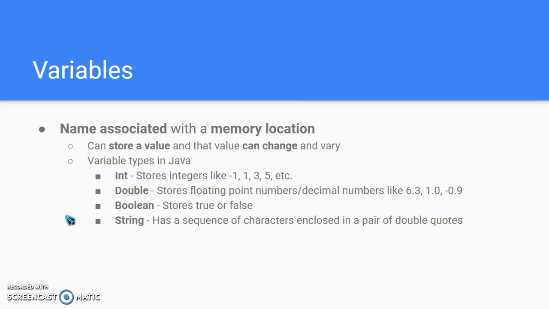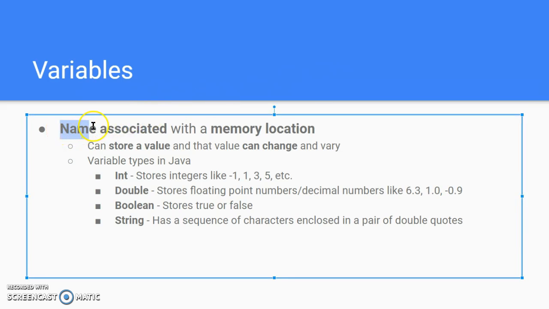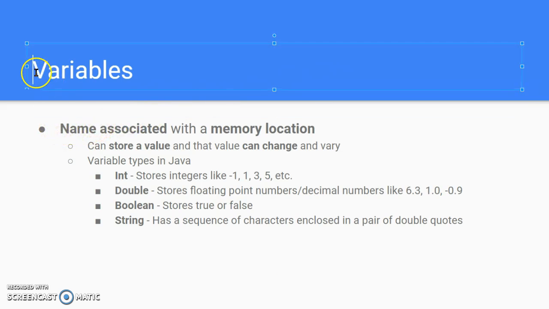Now, why do you want to use variables? Well, the reason why is because you want to be able to store values that you can then use later on to refer to in subsequent functions. And to do this, you need to create a memory location that you can store values into. And in order to access that memory location, you'll be using the name associated with it, which is why variables are used so frequently, because you want to be able to transfer information between each line of code, and variables